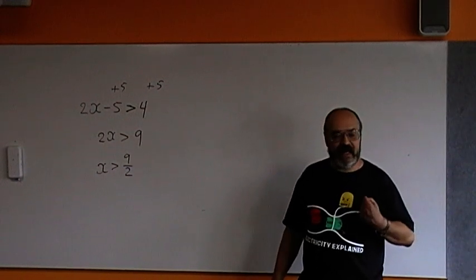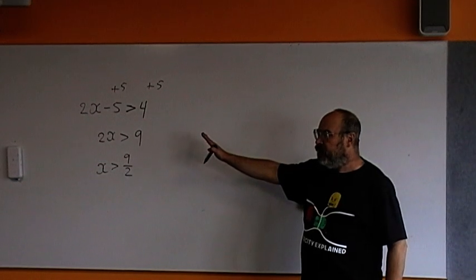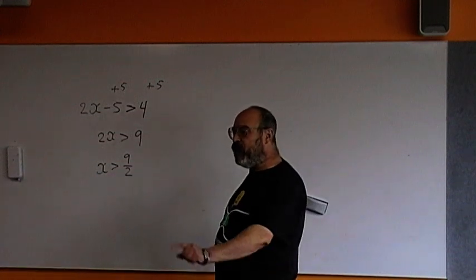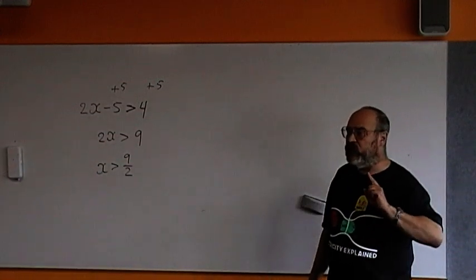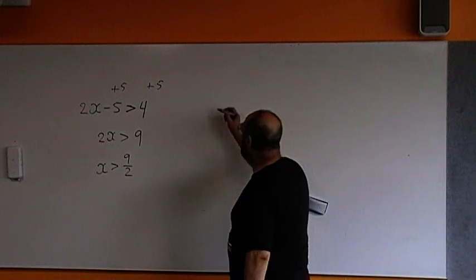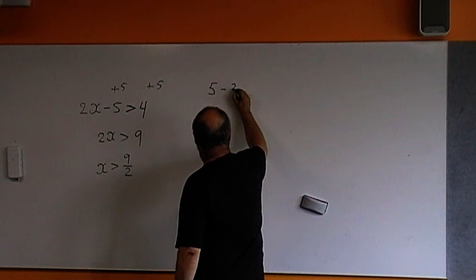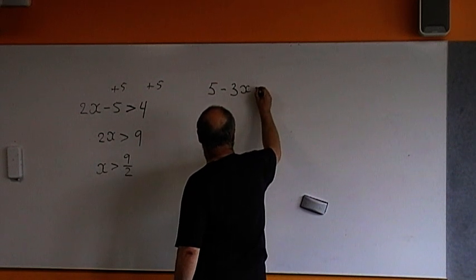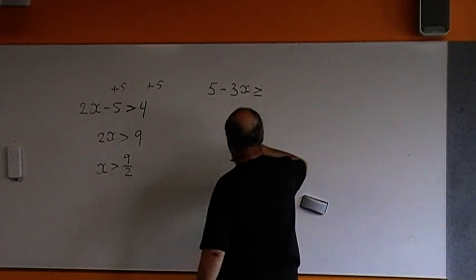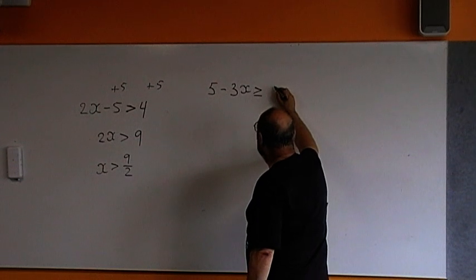You're solving it exactly in the same way as the equation. Makes sense? But there is one case when it will be different. If we need to solve, let's say, 5 minus 3x is greater or equal to